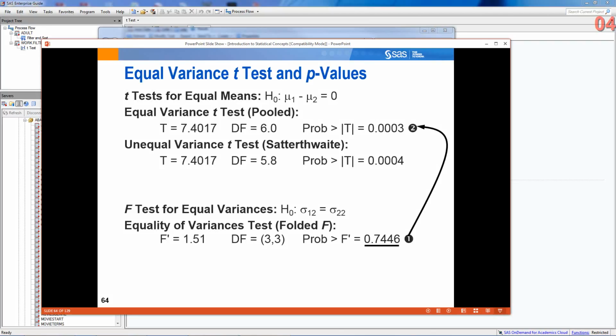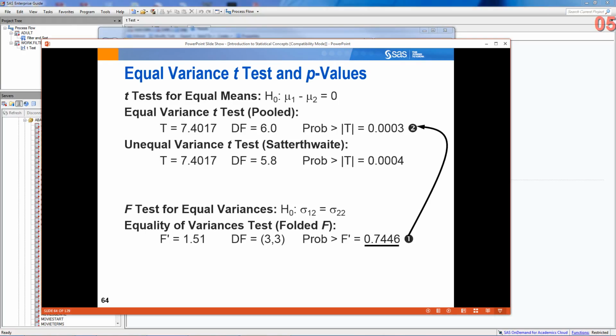So which means we cannot reject the null hypothesis that the variances are the same. So which means we can assume that variances are equal, and so we'll go with